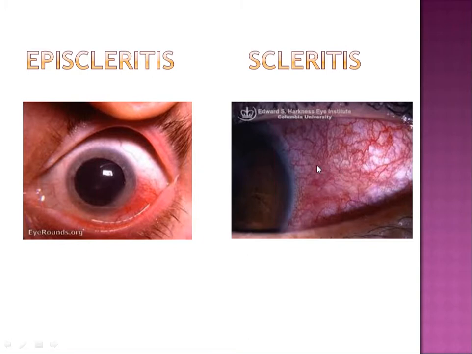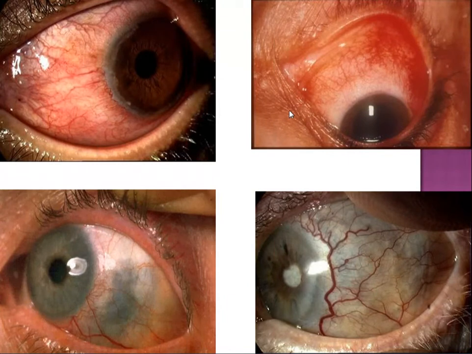It can be either a nodular scleritis involving one particular area, or it can be a diffuse scleritis. It can be necrotizing, wherein necrosis can take place, or non-necrotizing type. There are many types. We'll see it later on. Here, these are the pictures of scleritis. Here it is a diffuse scleritis wherein the scleral tissue is raised.